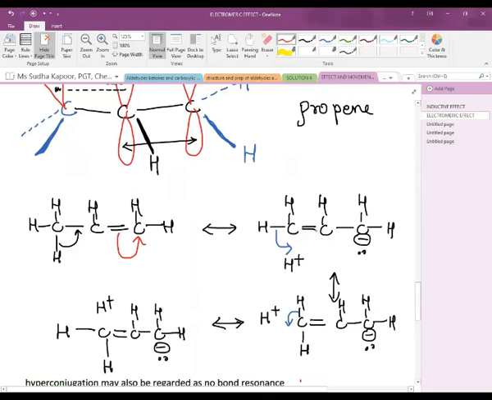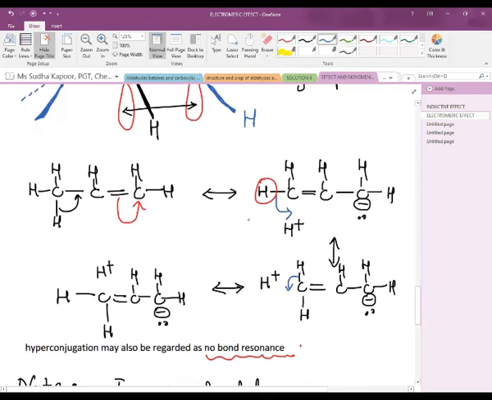Now in the second step, the bond between C and H has been shifted between carbon and H positive. Now in the third case, the bond which is present in the above case, that is the carbon and hydrogen, is shifted between carbon and H positive in a very similar way as it was done in the carbocation. So the shifting of the bond can be seen one by one in the different cases of propene also. So here we can also visualize the same thing, that a sigma bond has been showing the delocalization towards the hydrogen which is having a positive charge.